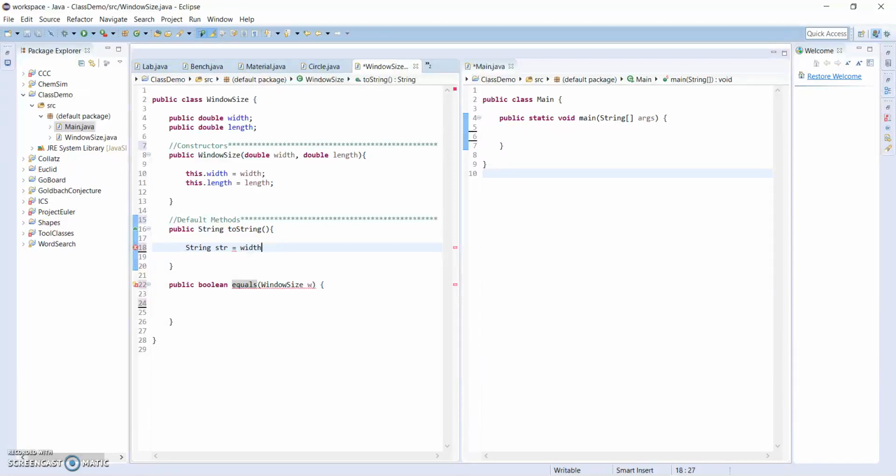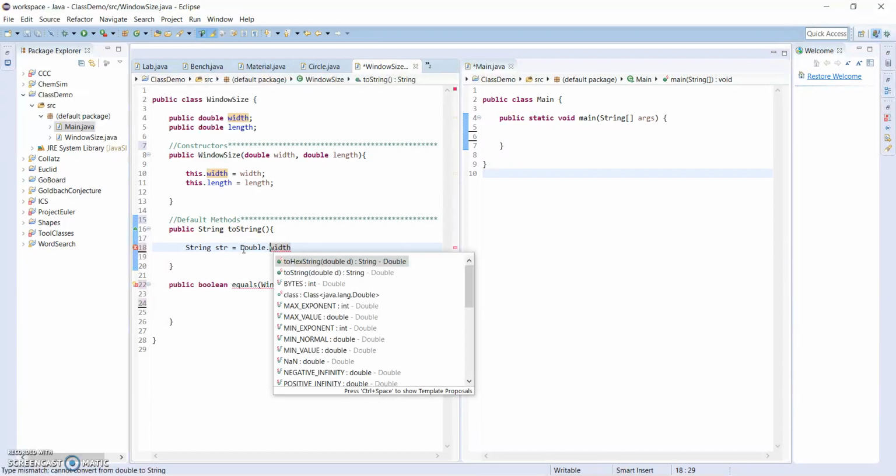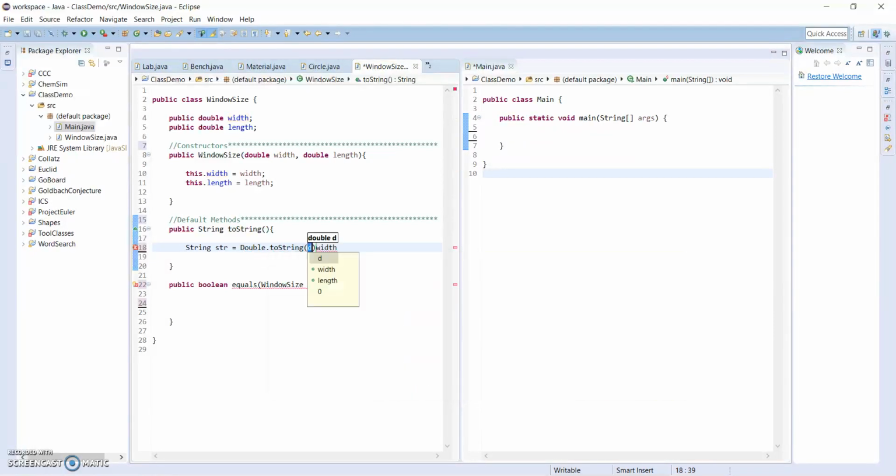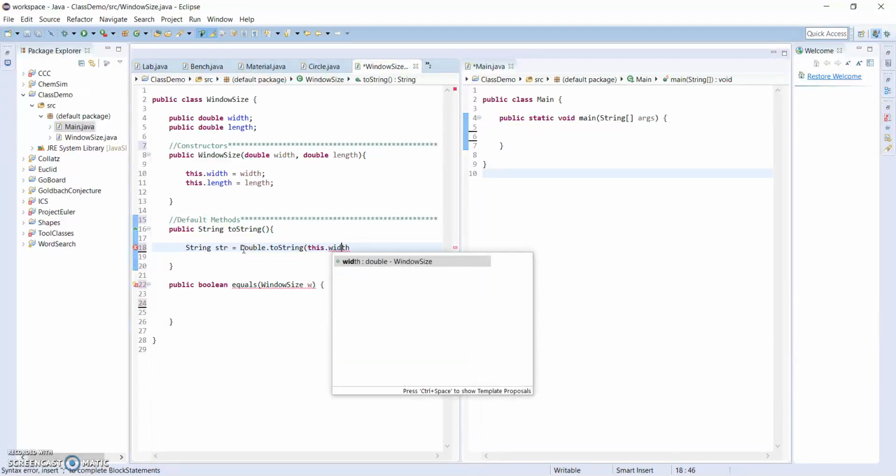So we want the width, but the width is a double, so we want the string form of it. The good news is the Double class also inherited the toString method, so we can just say Double.toString of the width of this window, and we want to include the unit, inches,